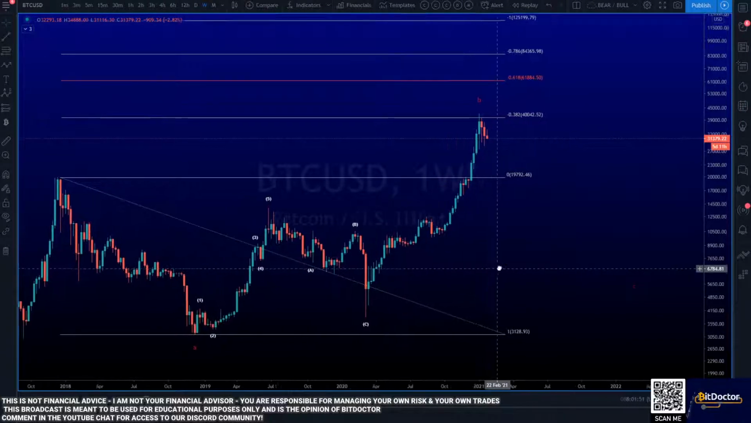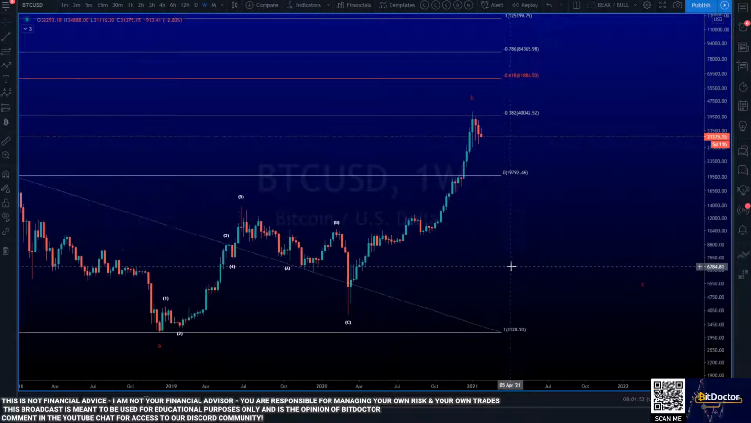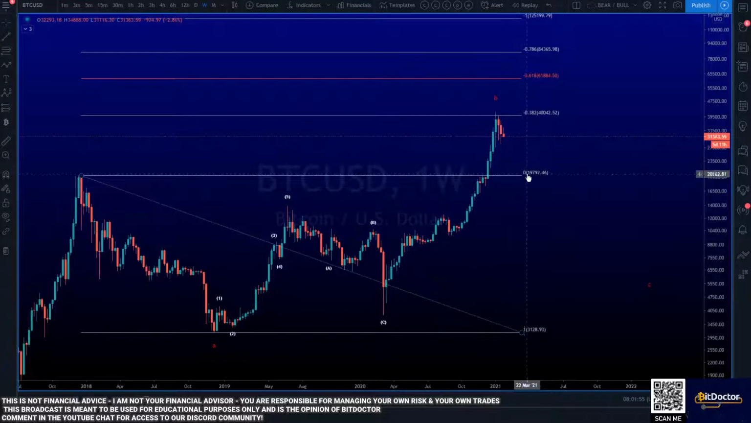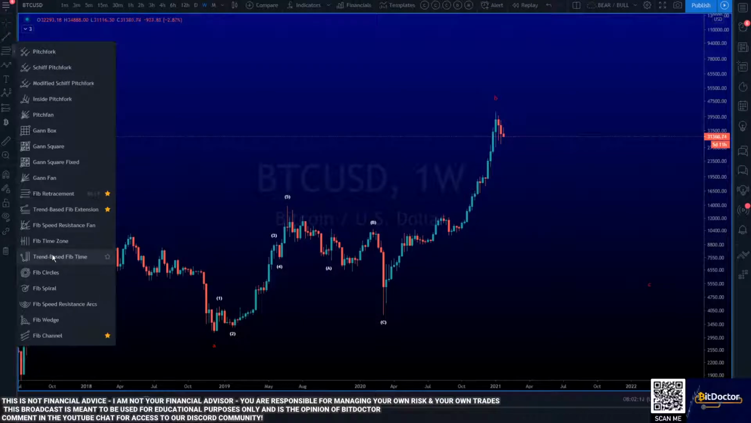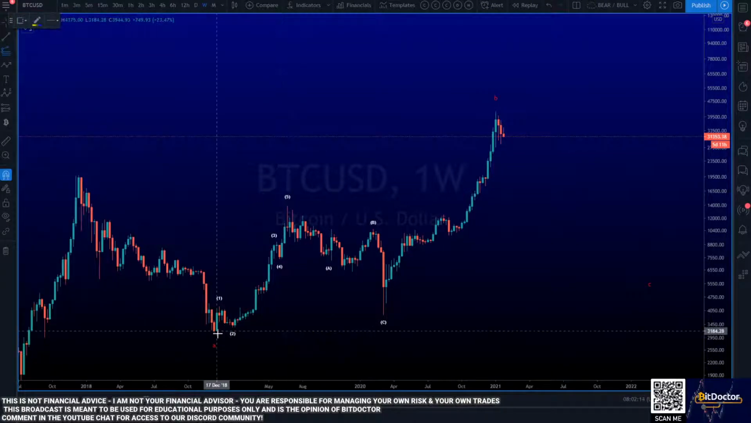So is the stock market pullback going to follow Bitcoin? Well, we'll have to wait and see. Right now, Bitcoin is trading at $31,350, when just a few weeks ago it was trading at almost 42,000. However, something else to pay attention to, and this is again my primary count, is for this one